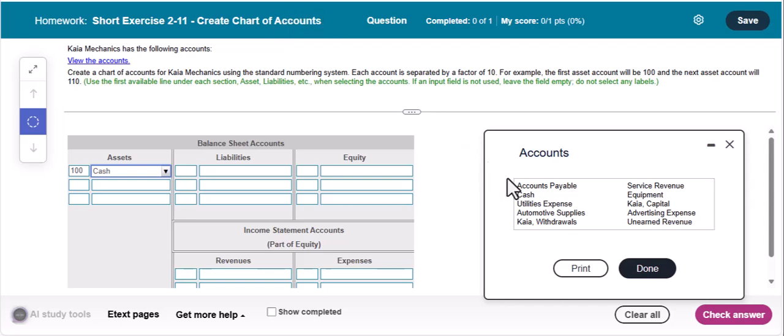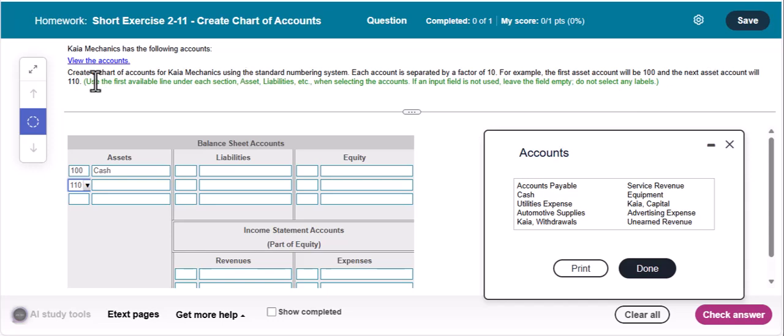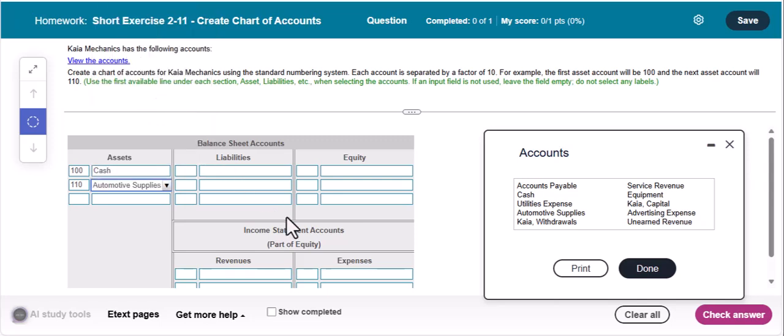So what else is an asset here? So utilities expense, that is an expense, not an asset. However, automotive supplies, that is an asset. So this next field here will be 110. As they say, they go up by 10 here for each account. So we'll put in automotive supplies here next as the next asset. And that would be things like oil and rags and stuff that